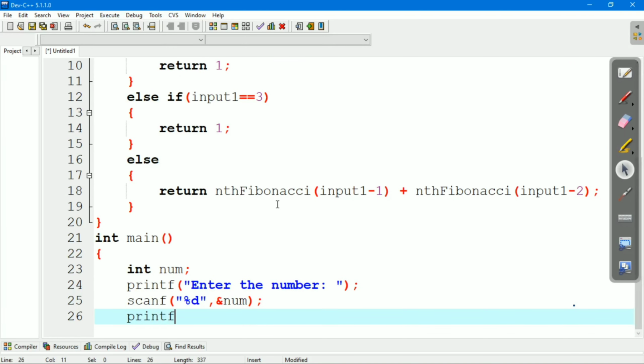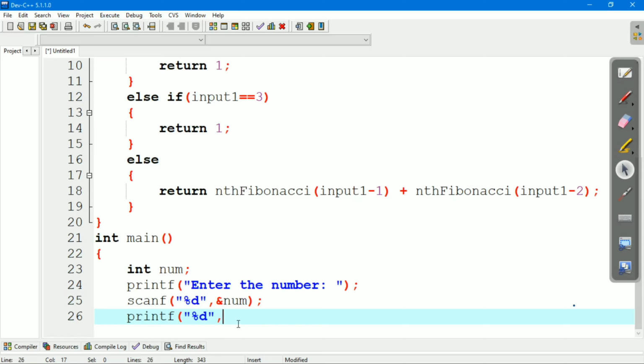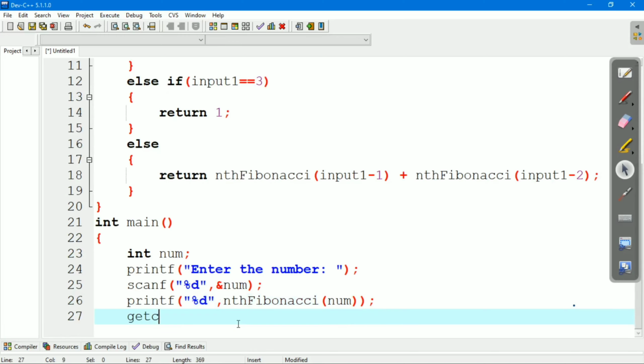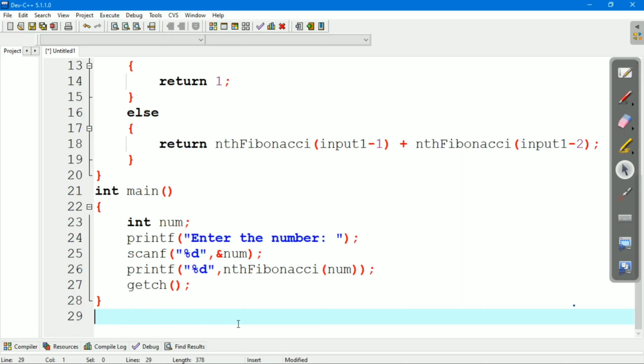After that we will call the function, %d. Here our function name is nthFibonacci, and we will pass the number. Lastly getch and close.